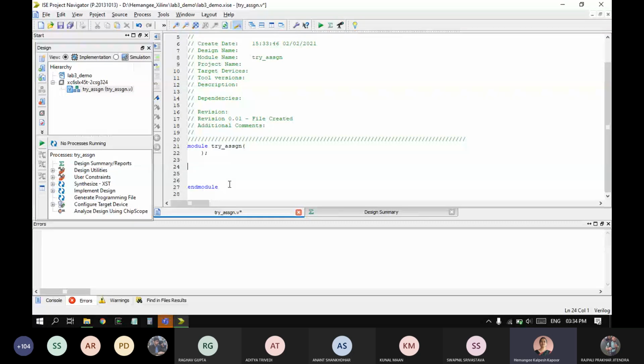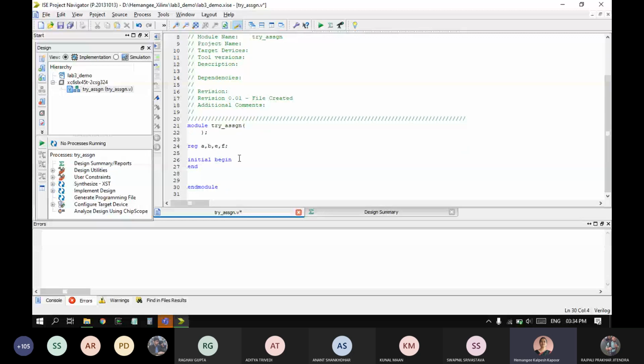This is also one way which you can do, and I'm creating few registers. And then instead of any design, this is just a simulation based work. So I'm going to have a simple module similar to a test case. Okay, so I will have an initial, begin and end, and I'm going to assign a, the variable a, to some value, which is a binary 1. And I'm going to assign b also a binary 1.